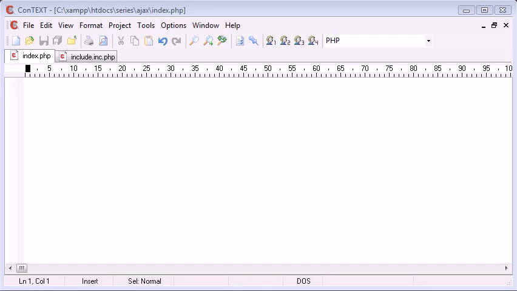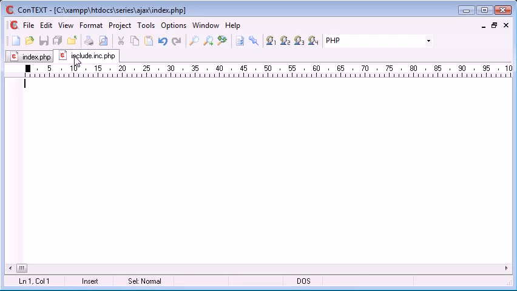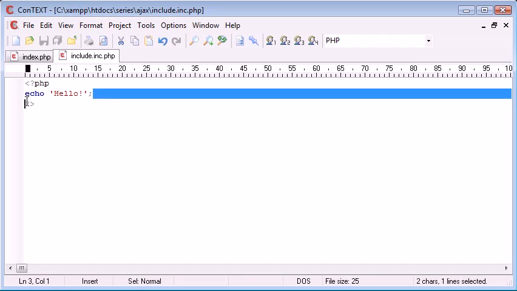Now, in this tutorial we're going to be looking at opening up another file using Ajax. So I've got my file over here called include.inc.php, and this contains PHP code. Because we're talking about Ajax relative to PHP, I've created this PHP document called include.inc.php, which has PHP code inside